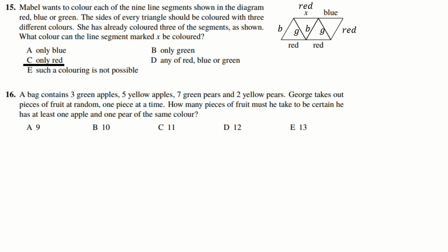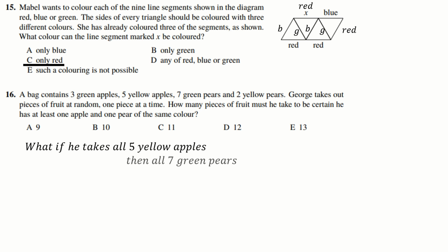So when we're doing this, we're saying, okay, what's the worst case scenario? The worst case scenario, I guess, is that he takes out 7 green pears in a row and then 5 yellow apples in a row, or the other way around, it doesn't matter. But now we've taken out 12 pieces of fruit and none of them match, either by color or by type of fruit. However, when he takes out the 13th piece in this scenario, he must be taking either a green apple,